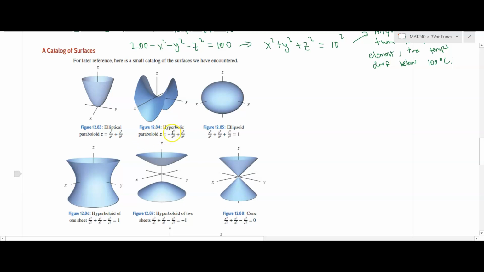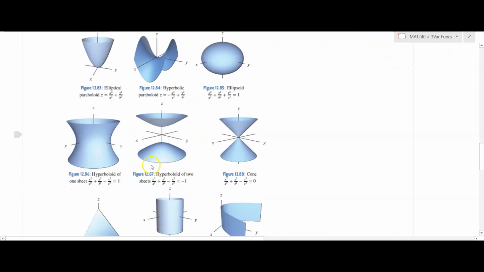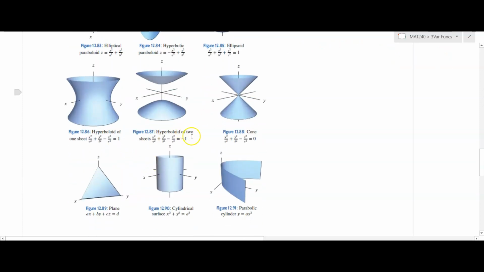catalog of different ones. Then you have a hyperbolic one, which notice just has a negative in front of one of the two variables. So this would be what we would think of as a hyperbola in a maybe college algebra type class. An ellipsoid, so it has the x squared plus y squared plus z squared form, but dividing those will give more of an elliptical feature. A hyperboloid of two sheets, a cone, a plane, which we've seen already, cylindrical surfaces, and parabolic surfaces, where notice